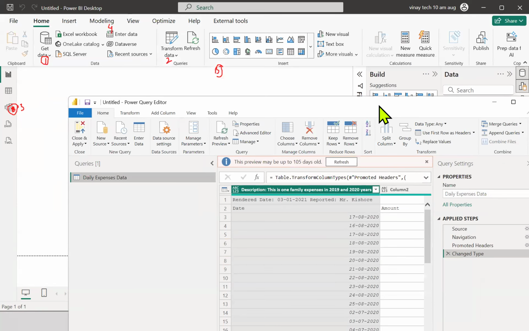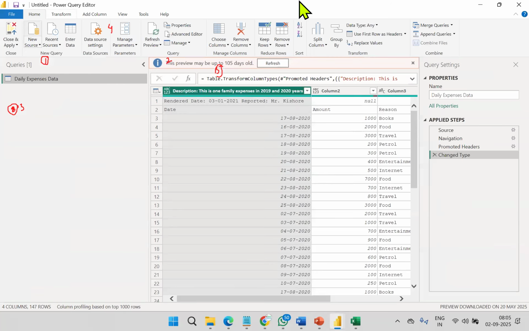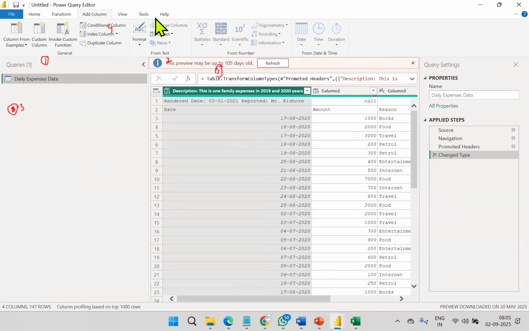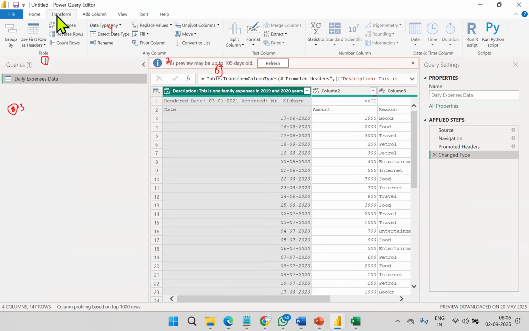There are no other windows. What can you do? Thousands of transformations are available here. Everywhere, transformation. These are all the transformations. And one of our students asked about M language. The M language we use here only. If you want to write your own calculations, own transformations, own expressions, then we use M language in this area. If you don't find these transformations suitable for your operation, then we go for it. That is a different story.